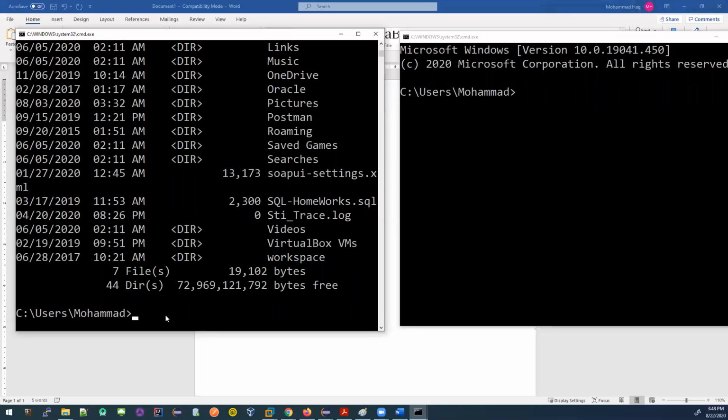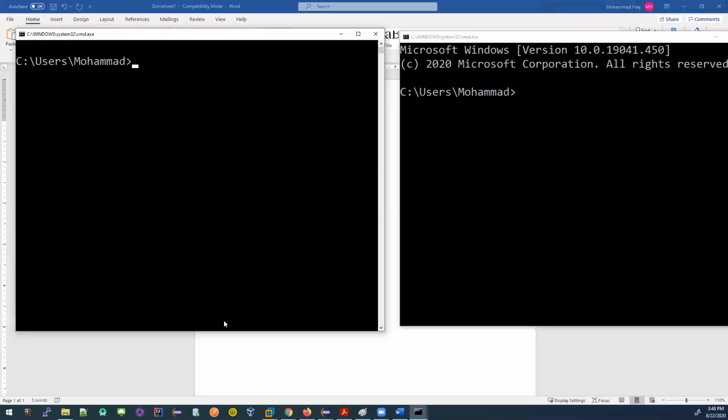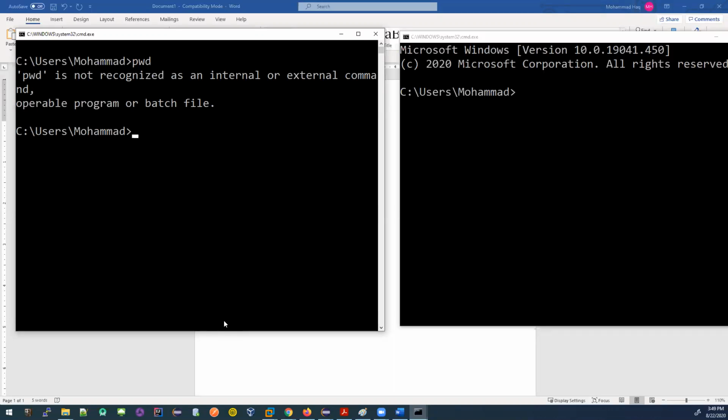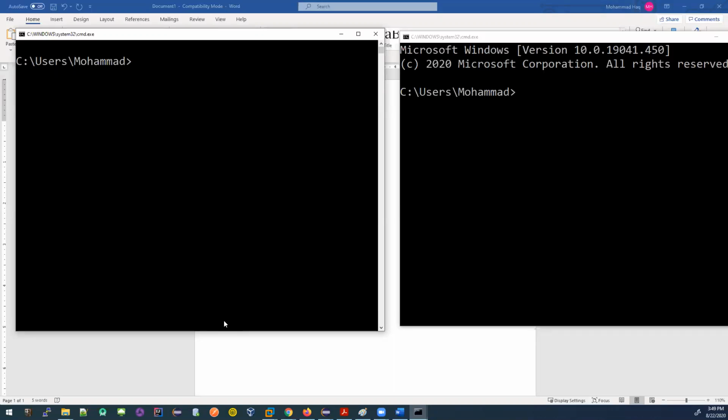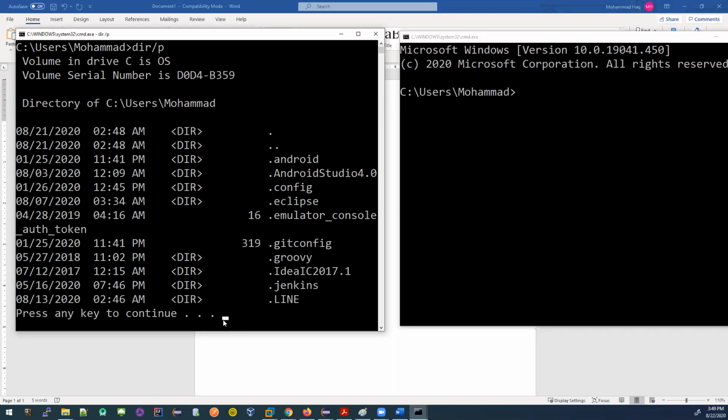When you're giving some input in here, say CLS, it is basically clearing the terminal, right? Or if I say DIR /P, I want to see what folders are there in this drive.